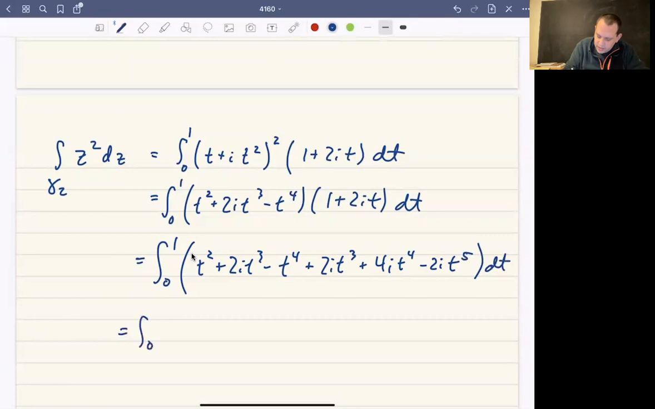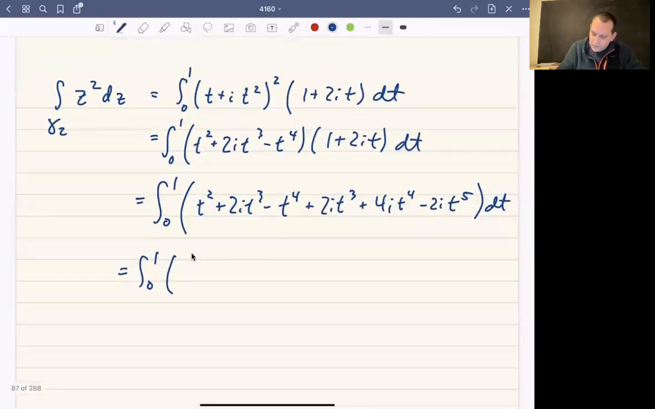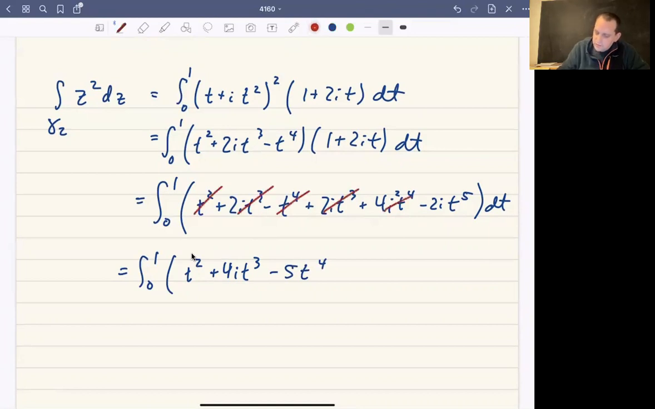And then finally, let's combine, and then we're almost there. So we have t squared. We have 2it cubed plus 2it cubed is 4it cubed. We have t to the fourth, so negative t to the fourth plus, this should be 2i squared t to the fourth. Sorry, I didn't write that. So that's negative t to the fourth minus 4t to the fourth is minus 5t to the fourth. And so let's see what we've done so far. So that's the squareds, the cubes, the fourth powers, and then finally the fifth power is minus 2it to the